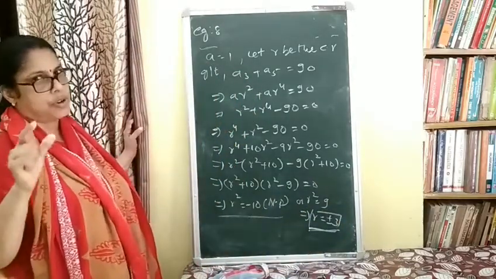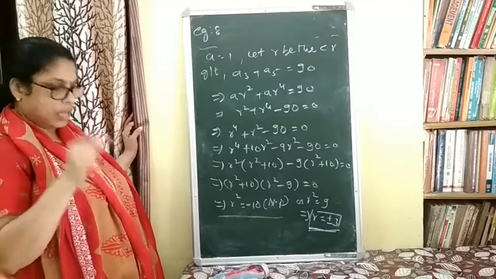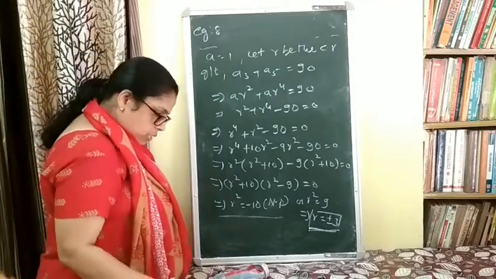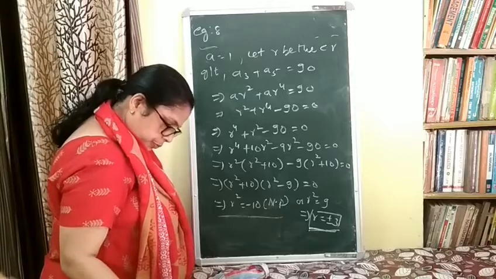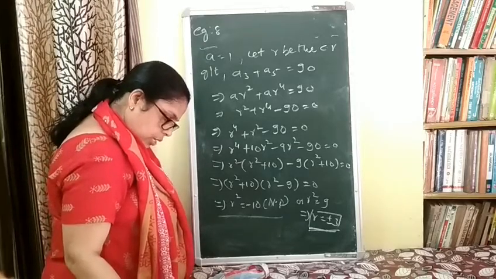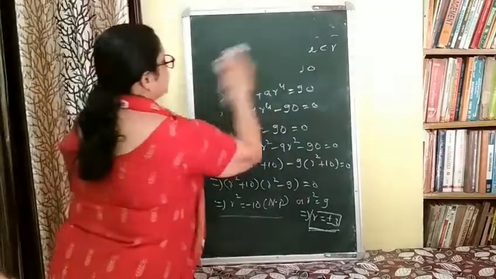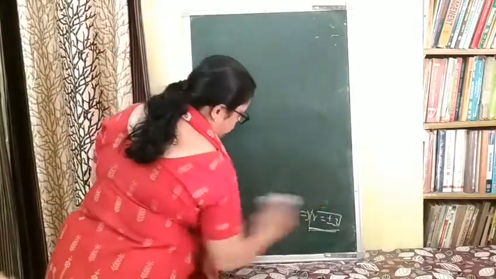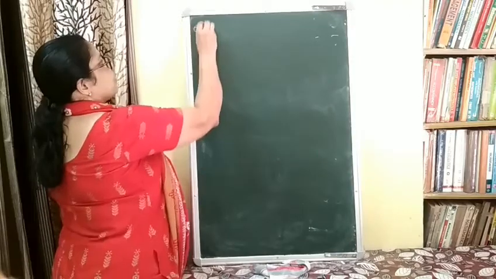In this way you can find the common ratio. In the last question we had number of terms. In this question we find the value of R. Now the next question that I am going to do, you have to listen to each and every question. Example 14. Number of questions are there. I can't cover all the questions. Remaining you have to do by yourself.